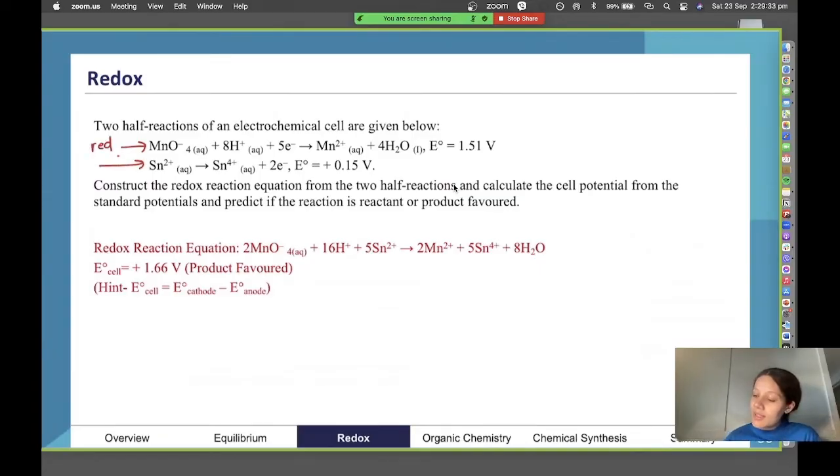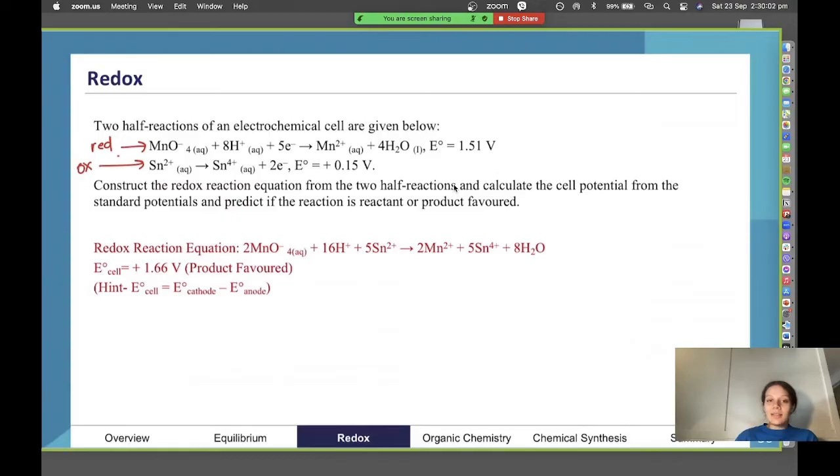And the one on the bottom there is our oxidation because we're losing electrons. So then we can calculate our E cell value accordingly. So redox reaction equation, we combine them all out and we're just balancing them by making sure we balance out our electrons. So we'll multiply the top equation by 2, multiply the bottom equation by 5, and then combine them. So in a way, they've already given us those balanced half reactions. Once we combine that, we can calculate our E cell value.